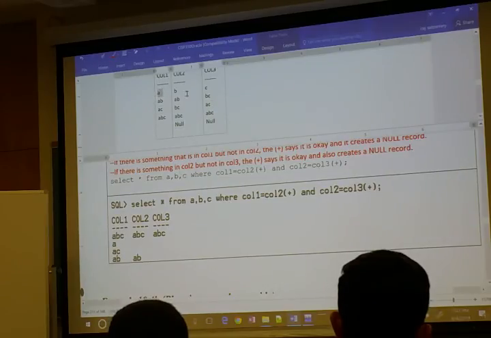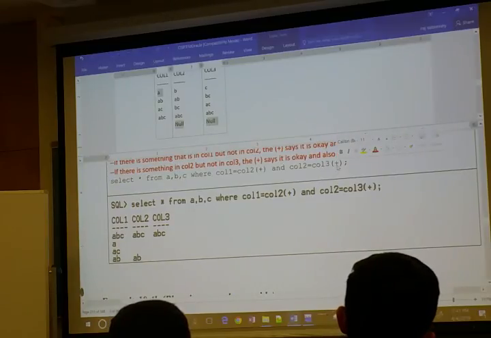Does A match up with anything in here? No, so then we don't really care. And null, because that's column 2. Does it match up with anything in here? No. But then do we care? No. So notice at this point that this plus sign allows me to go ahead and pass the null through